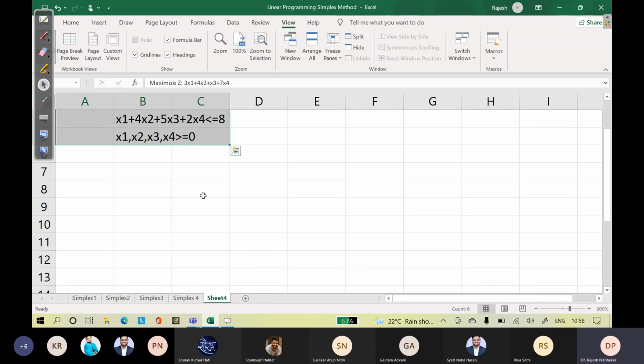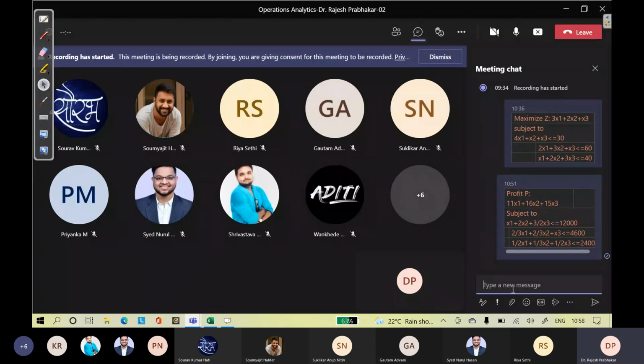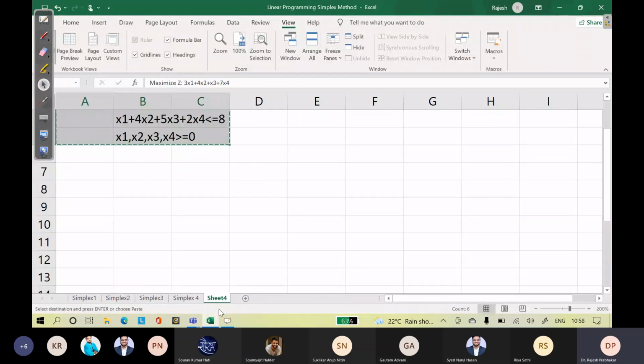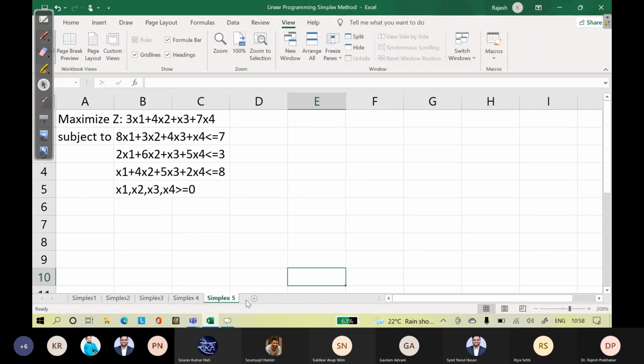So I am pasting this function in the chat window. You can look at it. Simplex 5. So I'm uploading the sheet as it is in the chat window, in your files also.